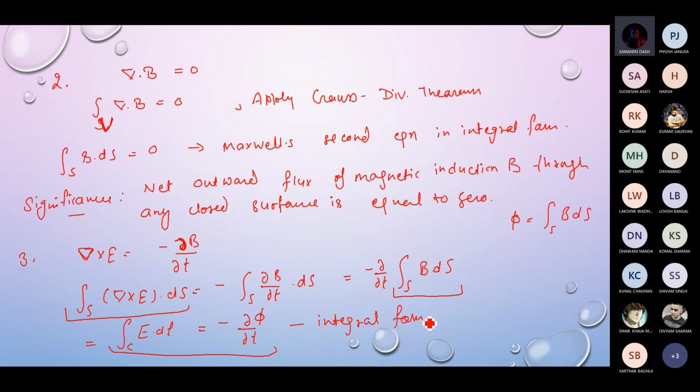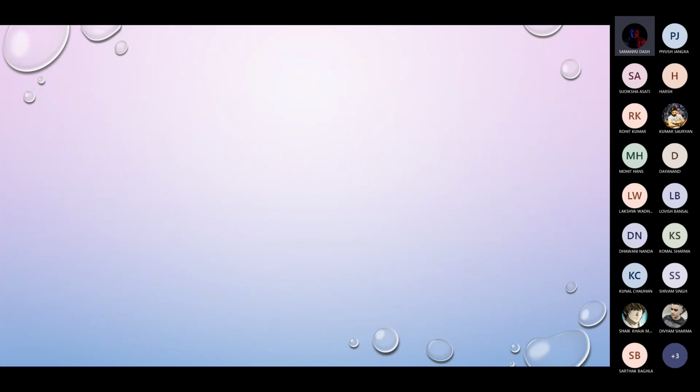So this is your Maxwell's third equation in integral form, and the significance of this equation is that the electromotive force, that is EMF, whose value is equal to line integral E dot dl,